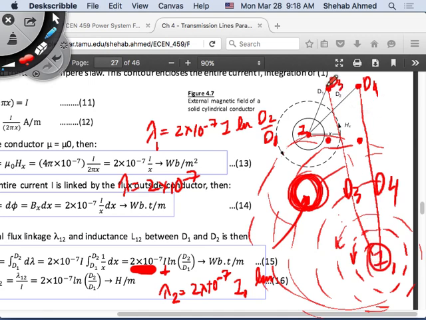And then I can bring this d3 and d1 to the surface here. In that case, d1 will be the radius of this conductor. How about d3? d3 will be the distance between this conductor and this conductor. And d4 will be